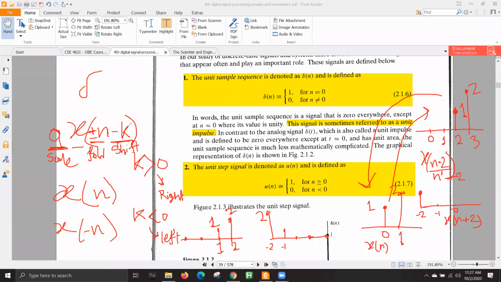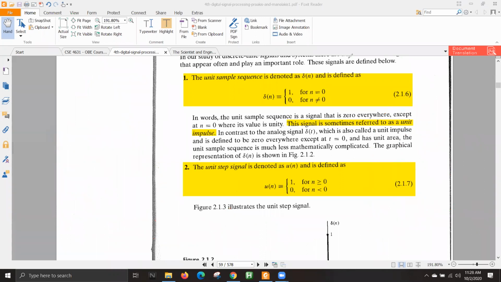And if I see it as negative, then ultimately this whole thing will become plus. So when you see x[n plus something], that means this k was actually negative, that is why it became plus. So when you see that there is a plus here, then you understand that this was shifted in the negative direction, in the left direction, by this many units. So if plus, it goes left, and if minus, it goes right. Is this thing clear? Actually we are supposed to discuss this later on, but I have told you in advance, so this thing can be understood much more easily in one line. Okay,